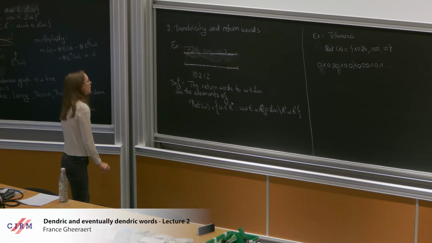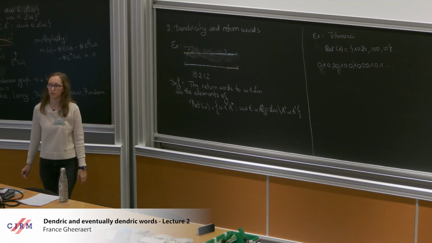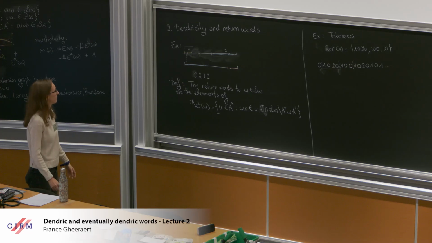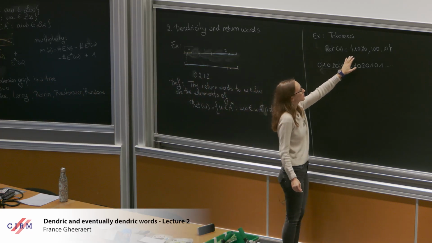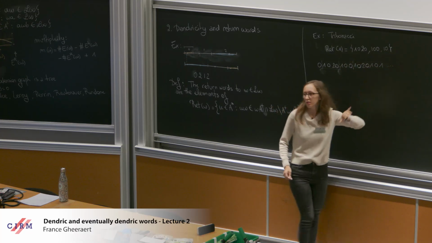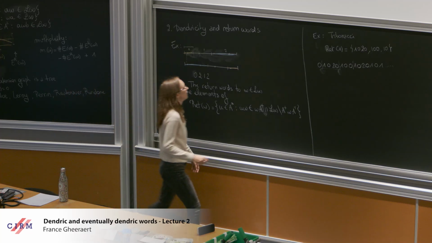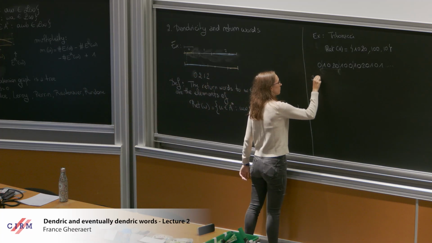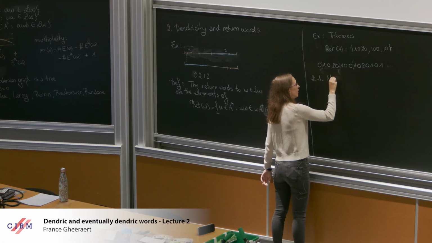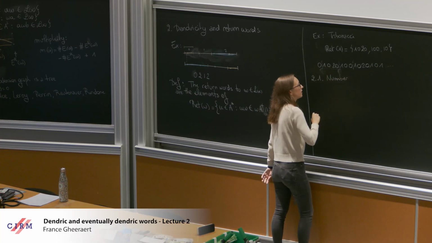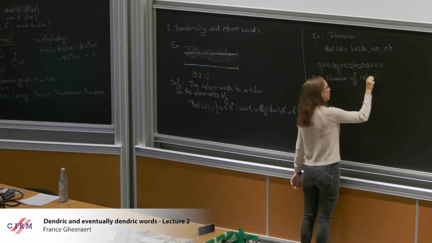Okay. So this is a combinatorial tool coming from the dynamical point of view of symbolic dynamics. And one first thing we can notice is that I told you here that I know there's nothing more. I can close my set there. And why is that? Well, it's because of a result that we'll talk about now. It's because I know exactly how many return words I should expect. So, the number of return words.